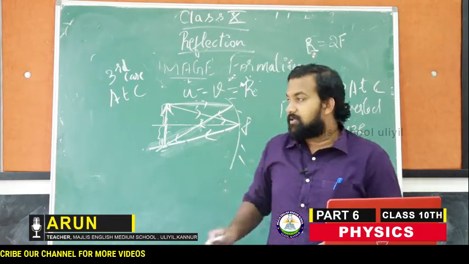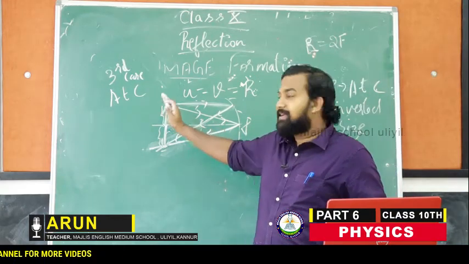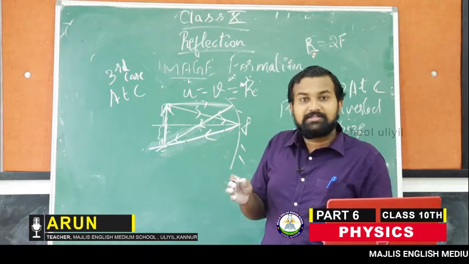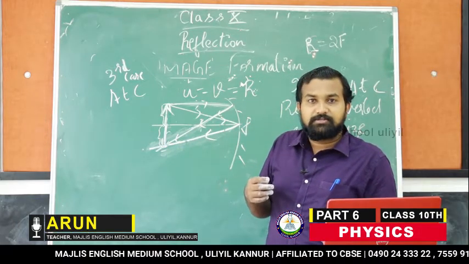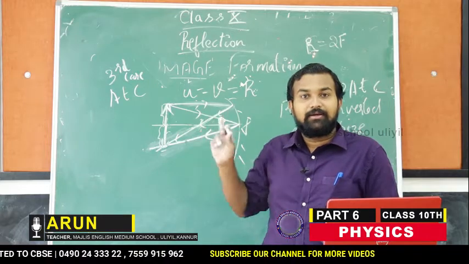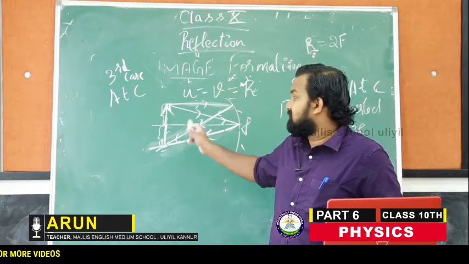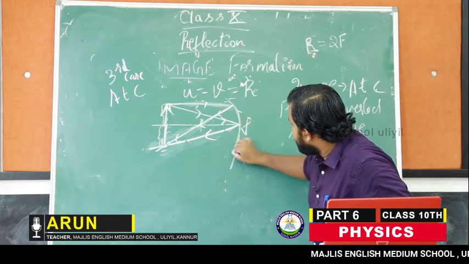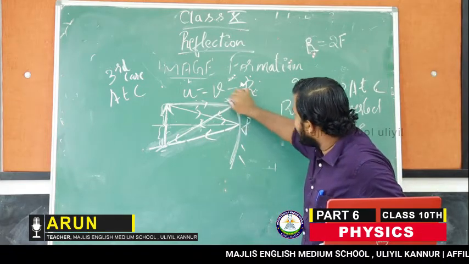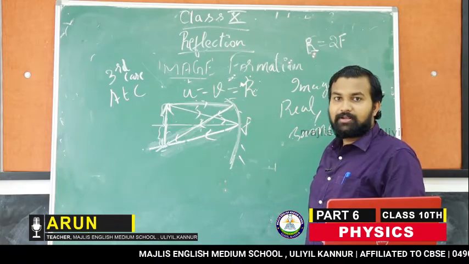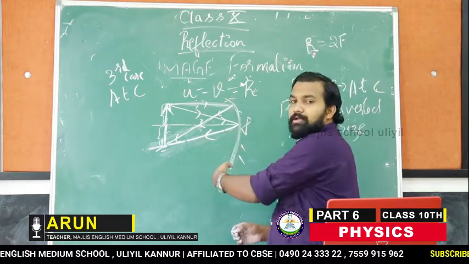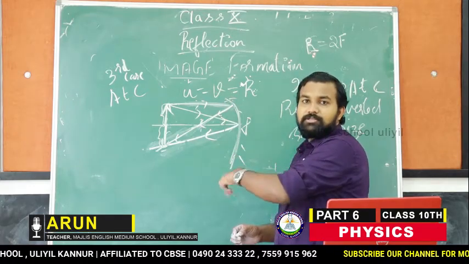Okay, so listen, if we are standing at this position and we keep a screen, we will get the same size image of ourselves. Okay, that's what happens in plane mirrors, but it's not a real image. In plane mirrors, it's not a real image. We are able to see ourselves on the mirror itself, I have discussed it. Whenever we are able to see ourselves on the mirror, it is not real.